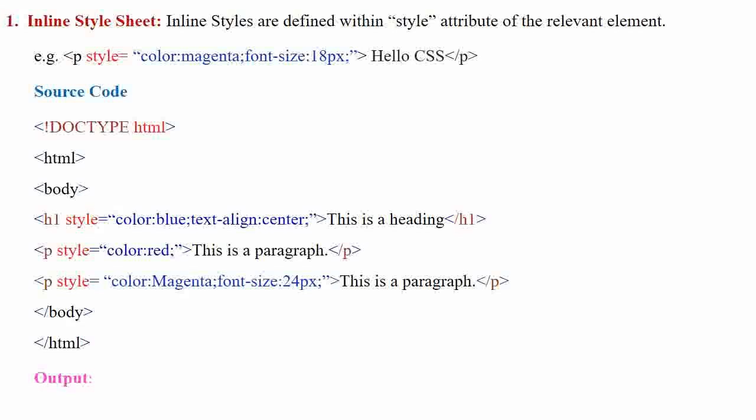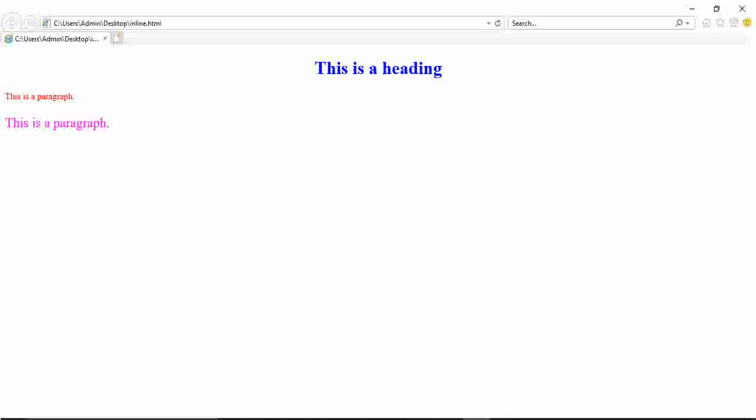So see how the output looks in the web browser. You will see the output here. The first line comes to the center having blue color and it is written in the H1 tag, so the font as compared to the other 2 lines is bigger.